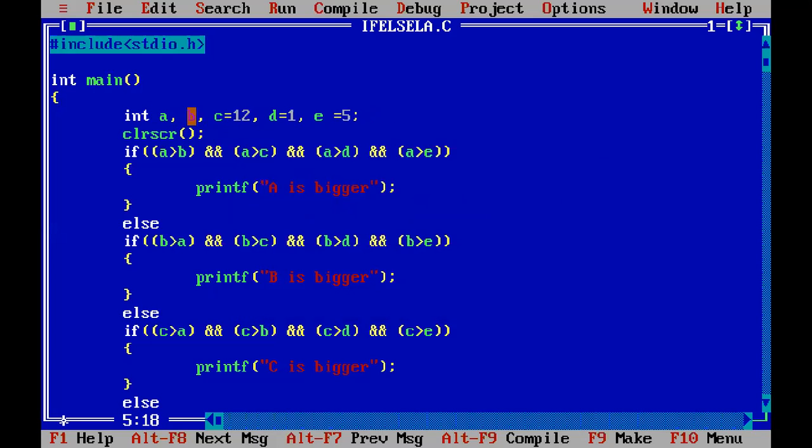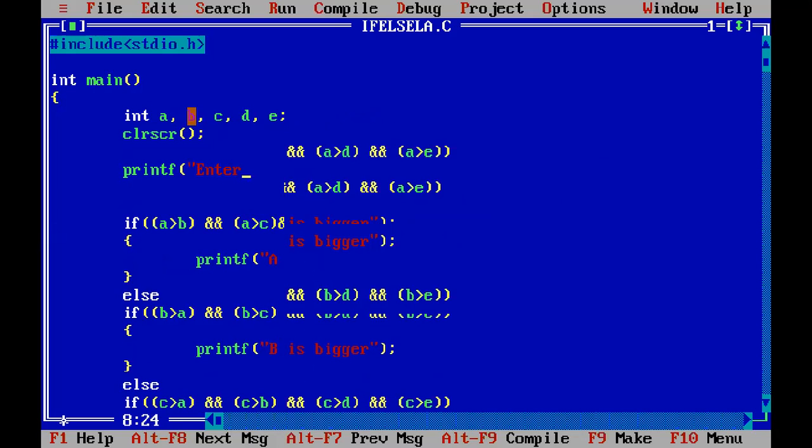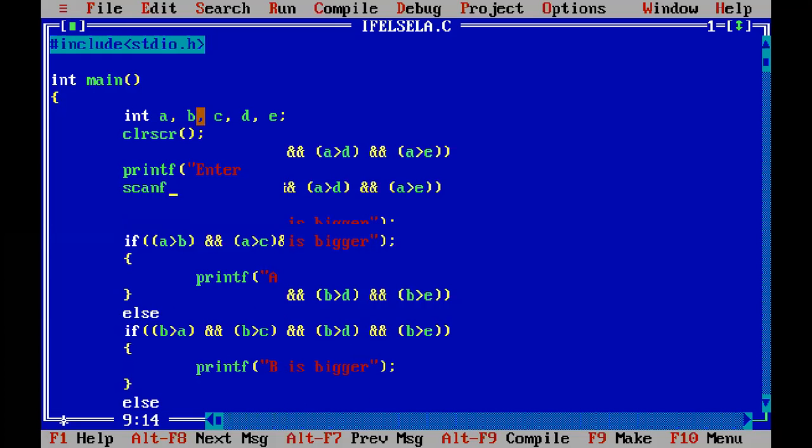So let me just give one user input for this program. printf, enter values of a, b, c, d, e. scanf, with %d for each value, and &a, &b, &c, &d, and &e.